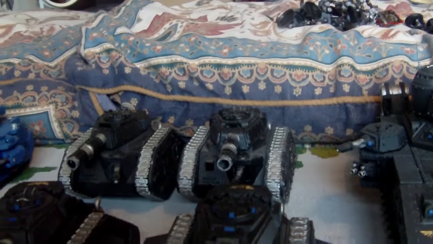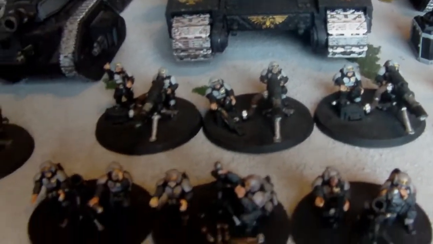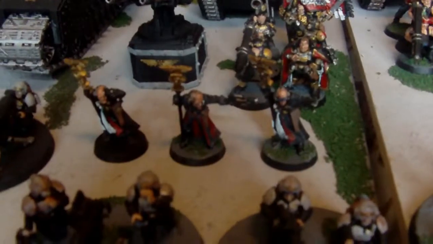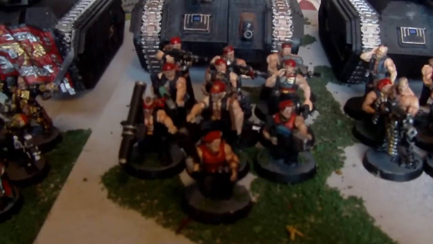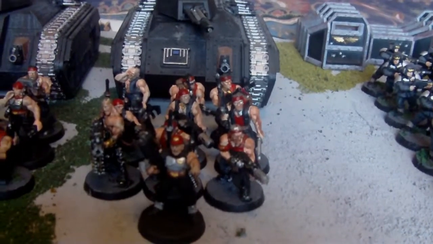So we've got the 2 basic Leman Russ battle tanks, the 2 demolishers, heavy bolters all round, las cannon team, heavy bolter team, las cannon team, mortar team, autocannon team, and then the platoon command with 2 snipers, the Baneblade, the 3 primary psykers, Scrag Guard command with General Scrag in a Chimera, 10-man veterans with missile launcher, 2 plasma guns and a heavy flamer in a Chimera, another veteran squad with 3 melters and a heavy bolter in a Chimera,